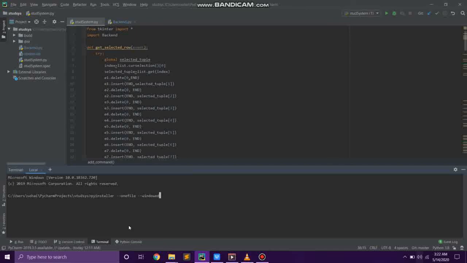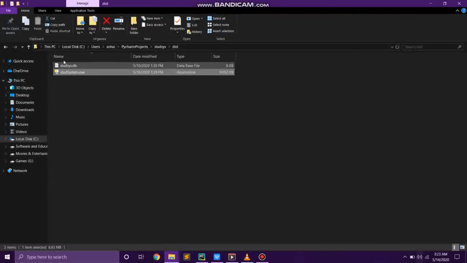To avoid this, we have to write windowed and our file name. And just press enter. It will convert our runnable program into the executable file like this. It might take some time to open, but it will.